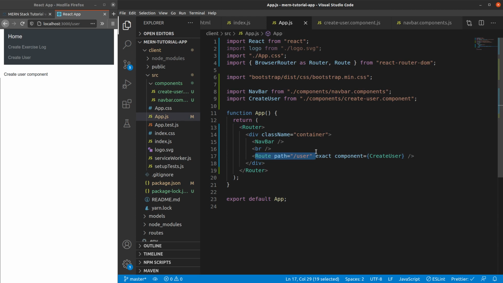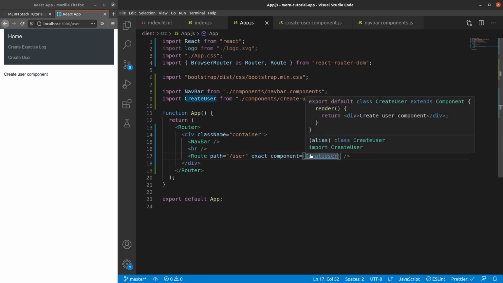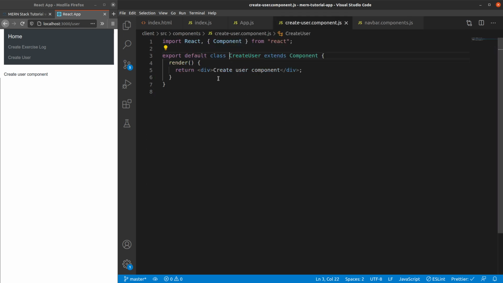Okay, so with this knowledge in place, I think we are ready to get started with implementing components in more details. So I think we can get started here, and let's try to actually complete the create user itself. Okay, so in the create user part, I just want to get started, and then let's remove this text and create a form which enables user to create a user.